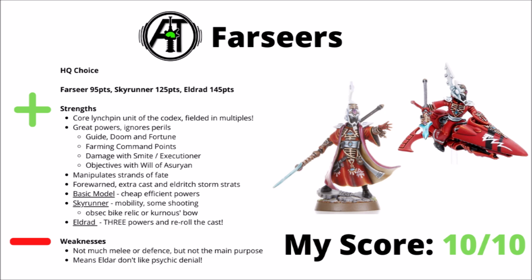That one allows you to shoot while doing an action, which could be quite nice for Dire Avengers, and also gives you objective secured, which could allow you to snatch an objective from under the opponent's nose. Loads of good choices and plenty of setups that you could potentially run. On top of that, they can manipulate Strands of Fate rolls better. You get to re-roll a dice per each of them on the board, potentially fishing for some better results, and